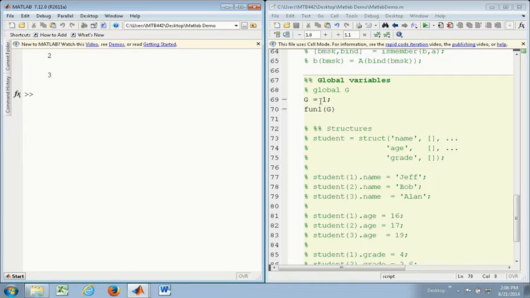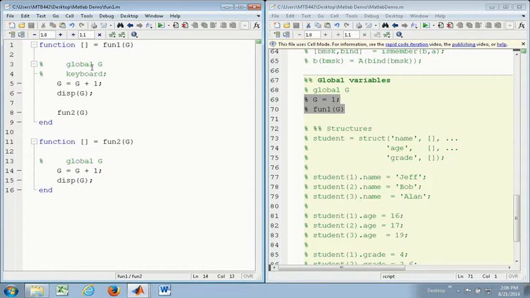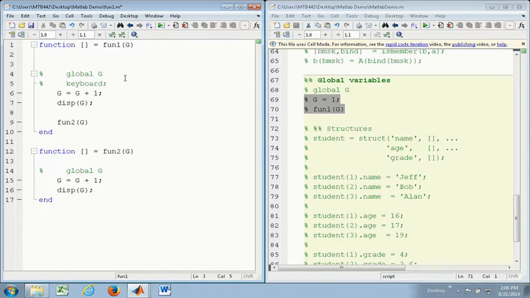Structures. So we talked about global variables. There's, by the way, another thing called persistent variables. Persistent variables are variables that you can save inside functions. Typically, in this function, function 1, if I get out of the function because this guy doesn't have an output, g will be destroyed. And I will have no recollection of what g was unless I pass it out. And the function won't remember what g was either if you recall it. So if I want the function to remember what g is, I can declare it as persistent